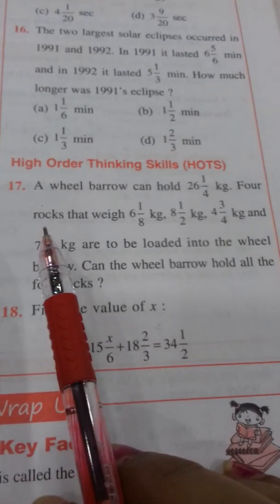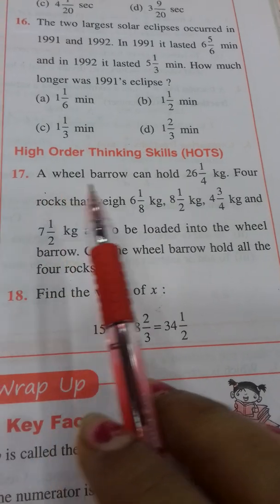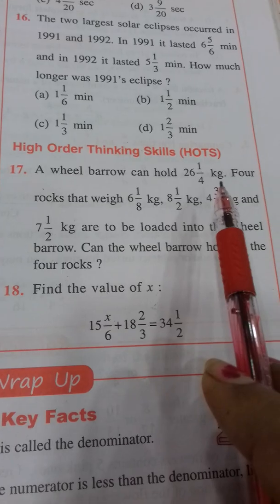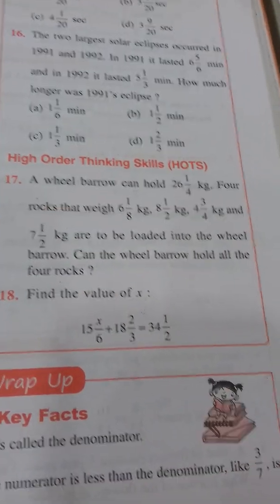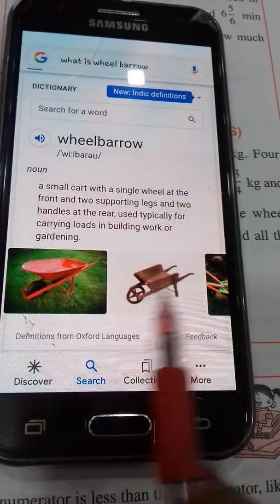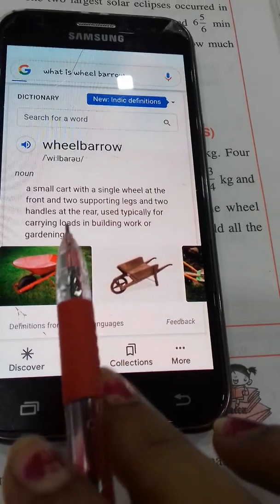Okay, students, now let's come to the next question. Here it has told a wheelbarrow can hold 26 1/4 kg. Now, what is a wheelbarrow? Do you know? Let's say I'm showing you one figure. This type of machine is known as a wheelbarrow, which can carry